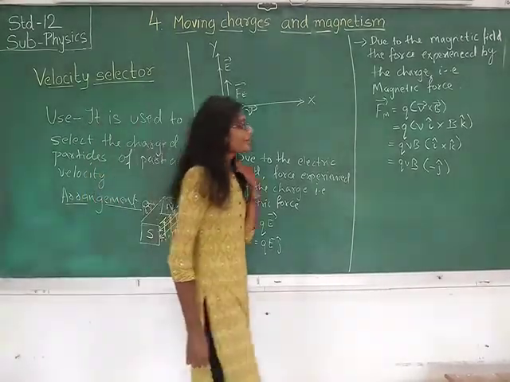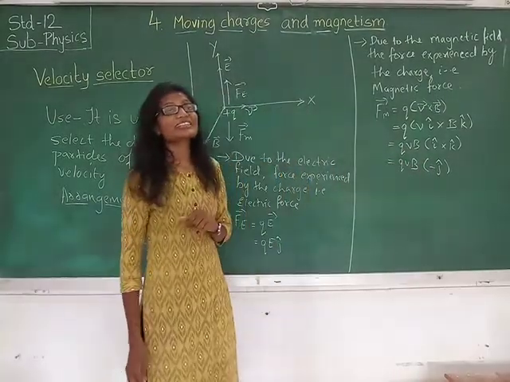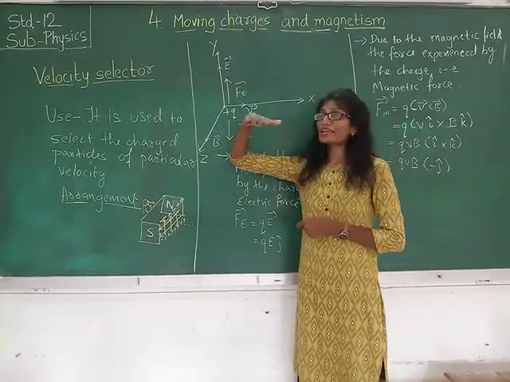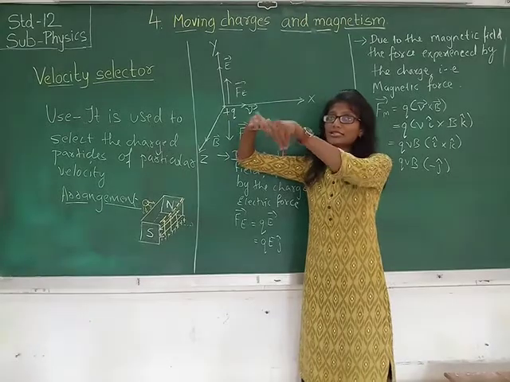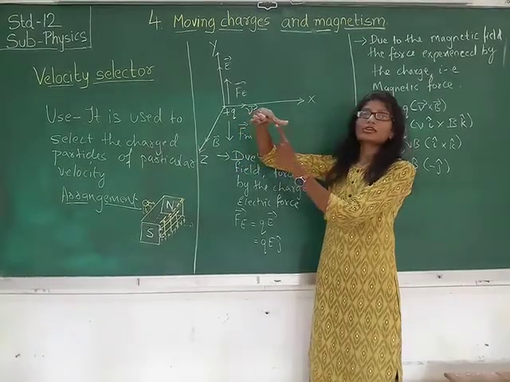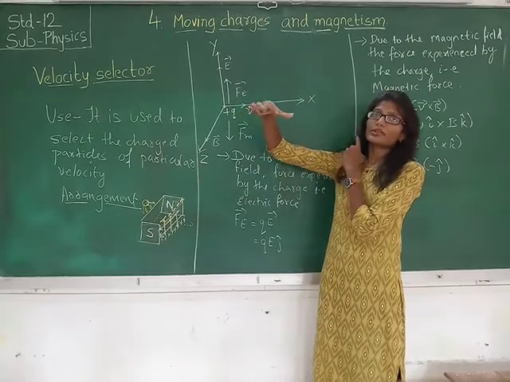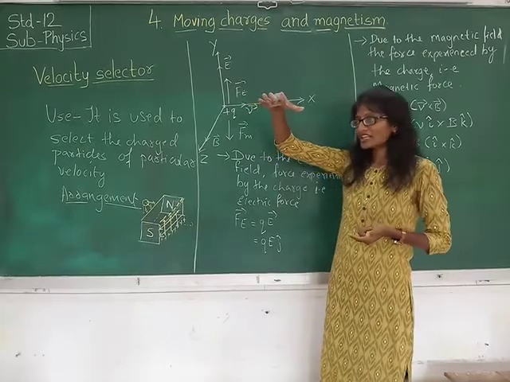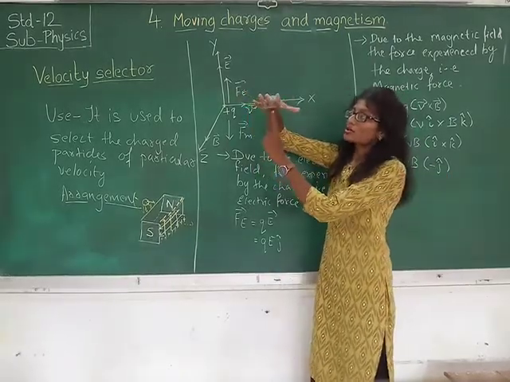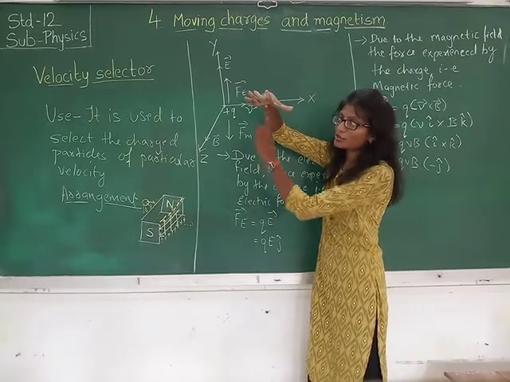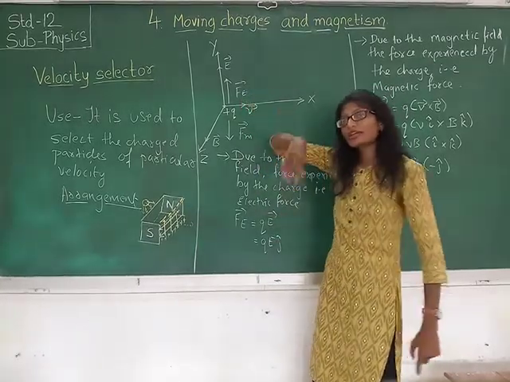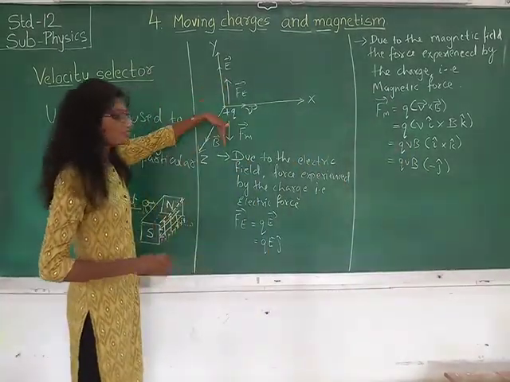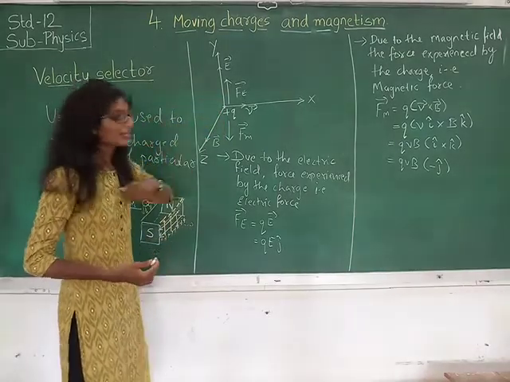And apart from this, you can also use the right hand rule, right? See, taking your right hand, your magnetic field lines are towards the z-axis, your velocity of the charged particle is towards the thumb. Then where will be the force? The force is perpendicular to the palm, that I have already discussed in the last video. You can go through that. So the force will be perpendicular to the palm, so it will be directed downwards. You can mention the direction of the magnetic force by using the right hand rule also. So from that also we can make out the direction is towards the negative y-axis.